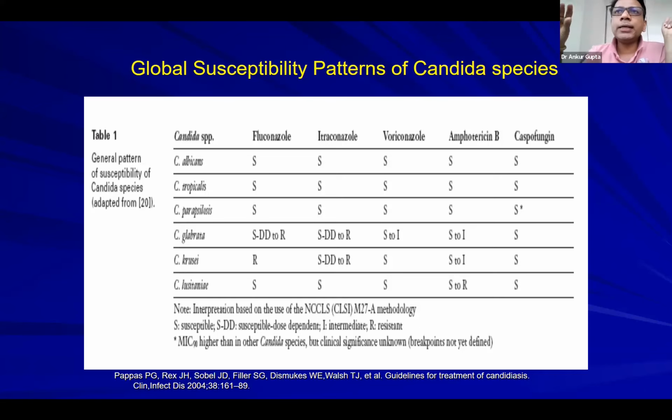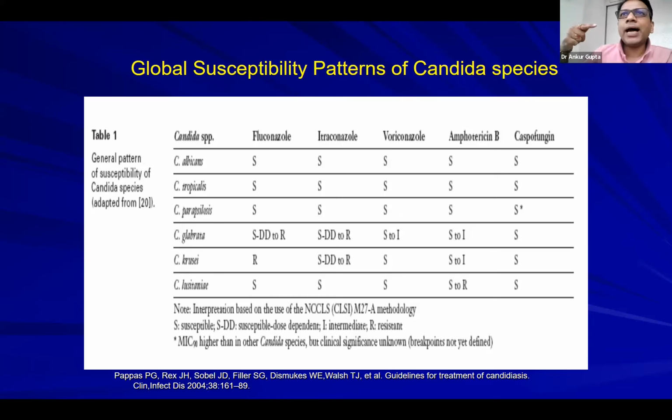Guys, remember one thing: there is a cutoff of 20%. In microbiology, we say 20% is that particular benchmark. When the resistance crosses that barrier, it becomes very alarming. Why 20%? Because the moment the resistance crosses the 20% barrier, the susceptibility of that antibiotic or antifungal falls below 80%,